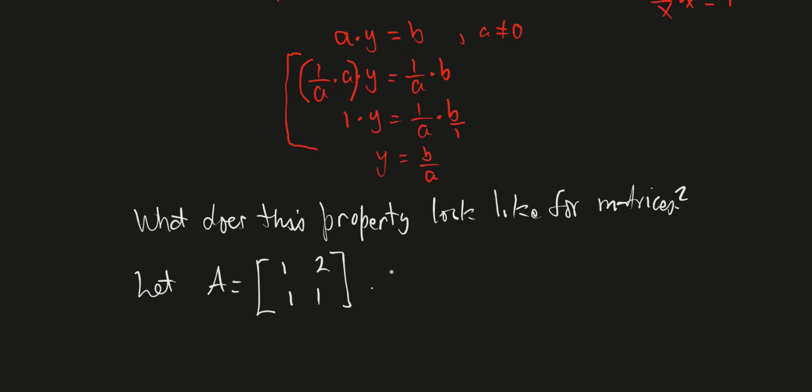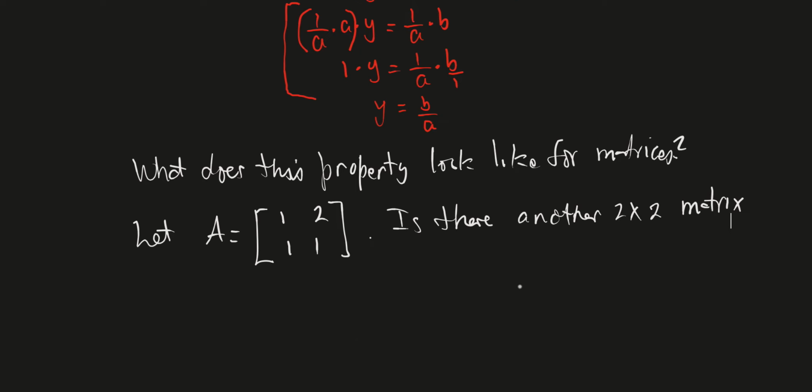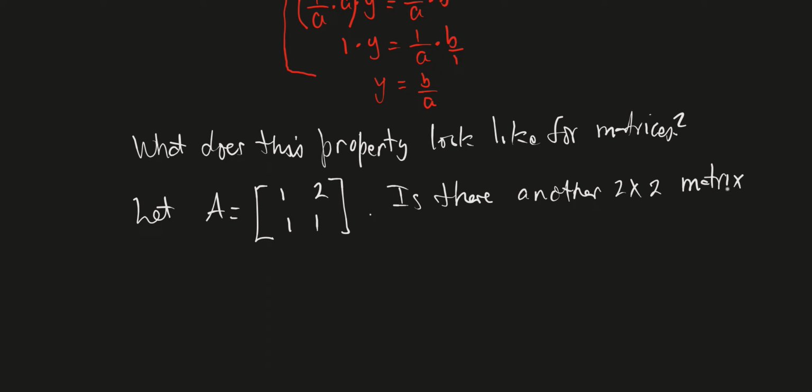And now our question is this: is there another 2 by 2 matrix? And we don't know what it is, so again, let's just call it B. So another 2 by 2 matrix, let's call it B. Let's take the same generic one, A, B, C, D, such that,